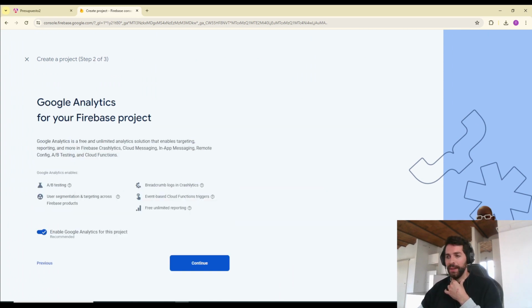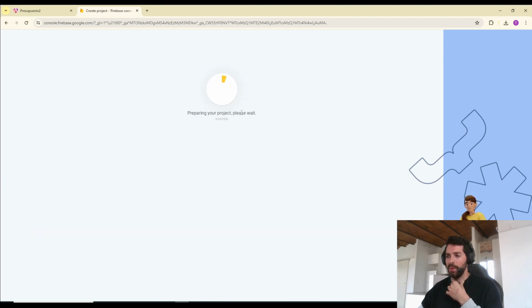Then they ask us if we want to add Google Analytics to our project. I will say no because I am not interested. I will click create a project. And now we need to wait a little in order to create the project. And here, when this finishes, we have different services that we can use in Firebase. In this case, we are going to use the hosting, but also you have